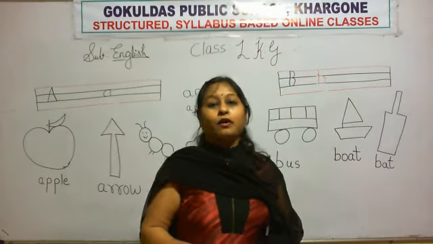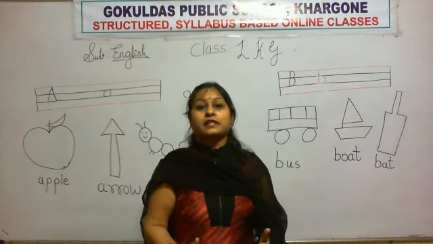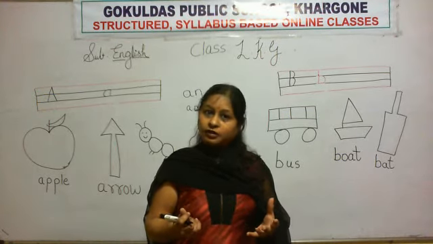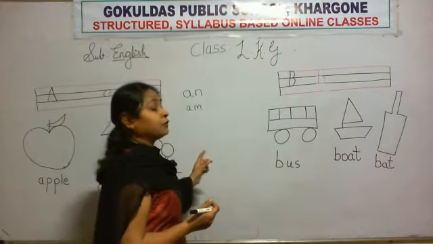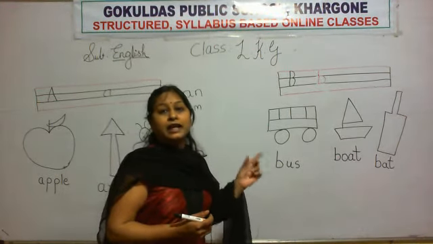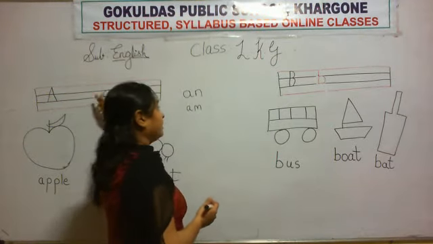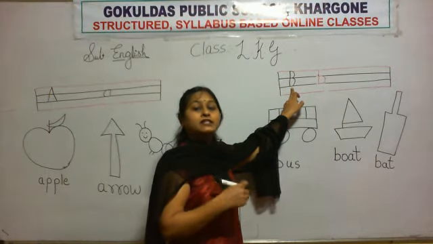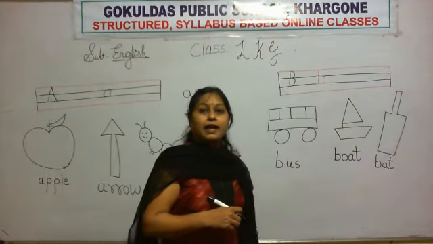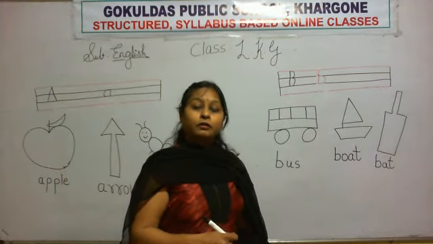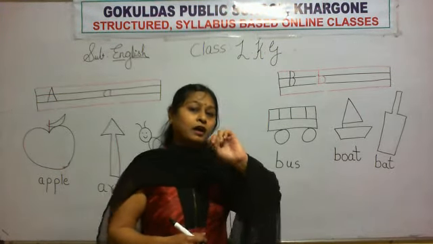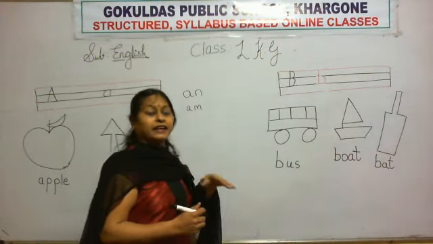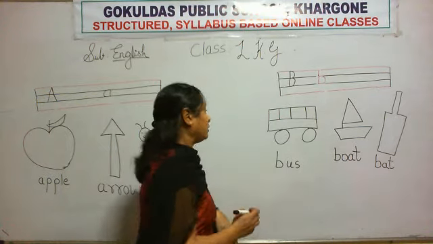So, you do practice of saying the sound of a, b. And you have to do practice also. You have to write in your copy letter A and letter B. You have to do practice in your notebook. Today I will teach you two sight words also. So you have to do only reading at your home.